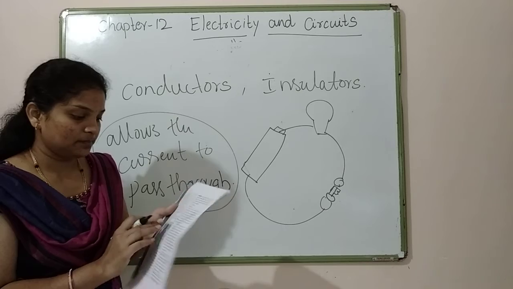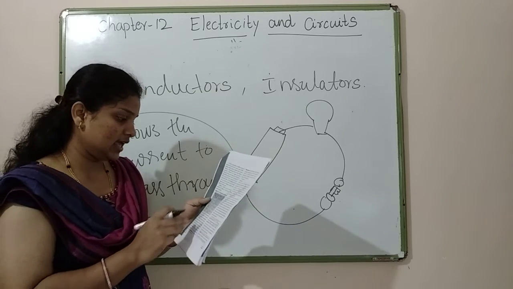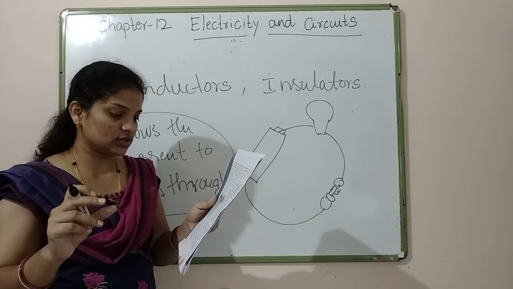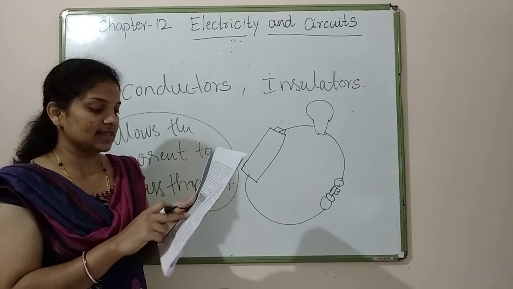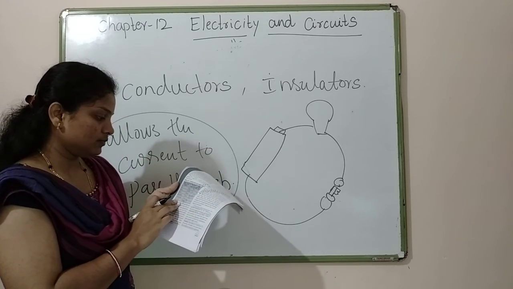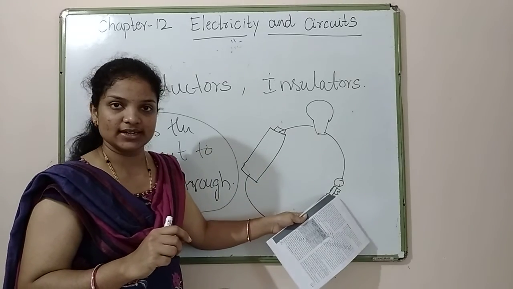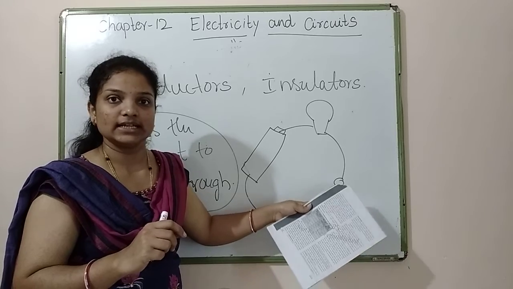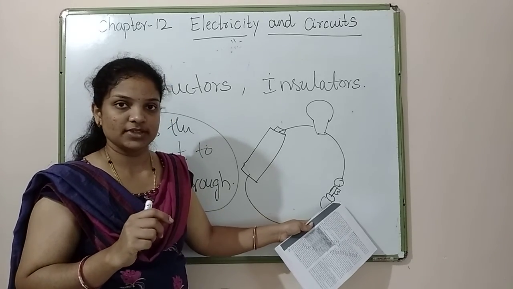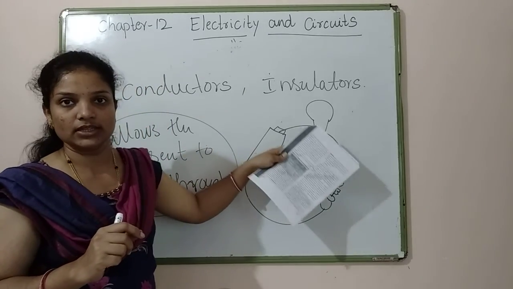So take this setup, and you can check with a few materials. Take a key, a rubber, or a wood or a glass or metal pieces. There is one table given here. You have to take the same switch, take some materials: rubber, plastic, glass piece, key and hairpin, a safety pin or something. Take all the materials and try to see with which material the bulb glows.